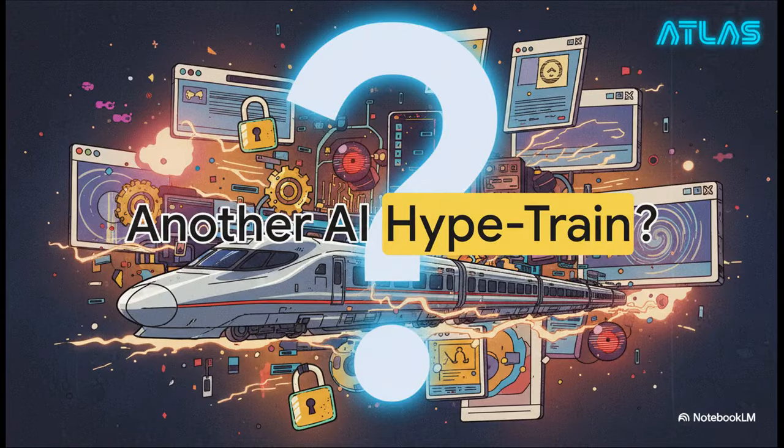I can almost hear what you're thinking. A browser? Seriously? All this buzz for another web browser? And you know what? That's a fair question. With everything going on in AI, it's so easy to get cynical and wonder if this is just another shiny object. Is OpenAI really just making a competitor to Google Chrome? Is that supposed to be the big revolutionary news? Or is there something way bigger going on here?